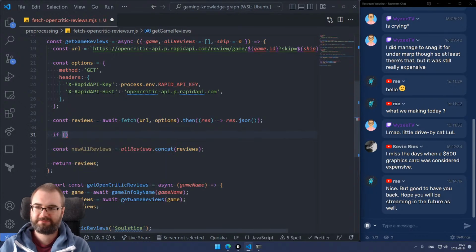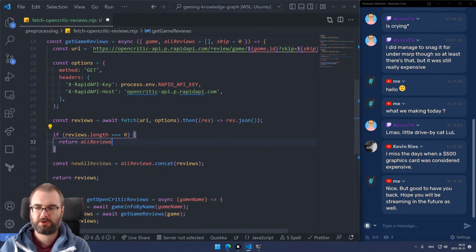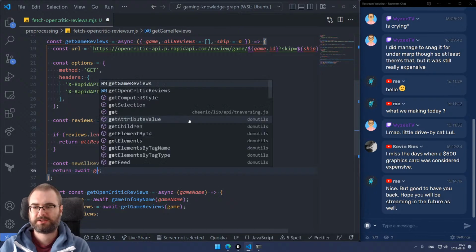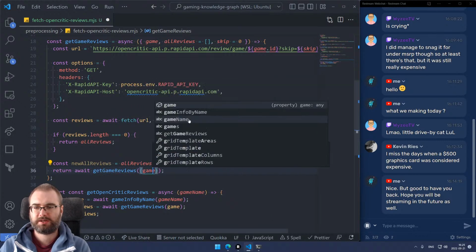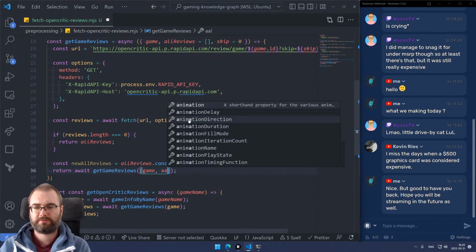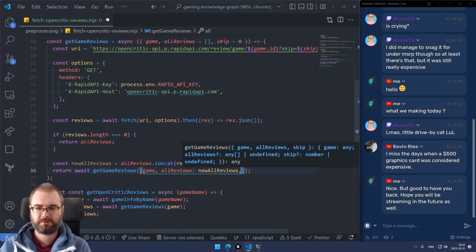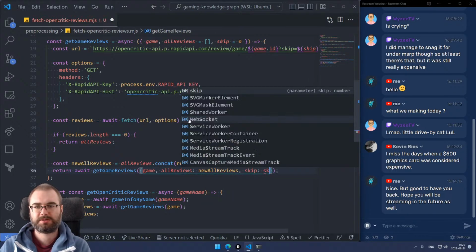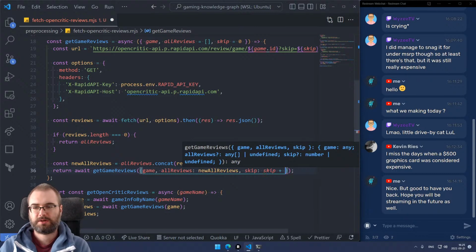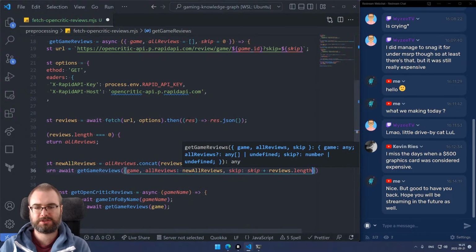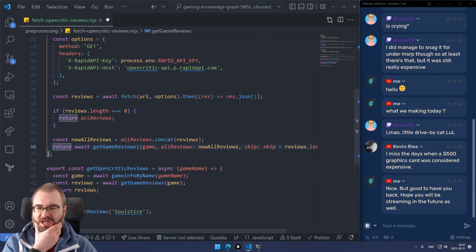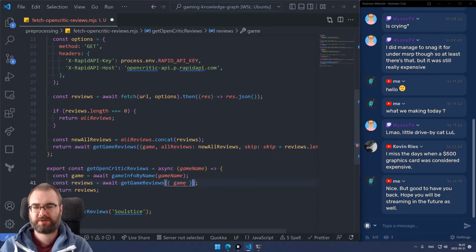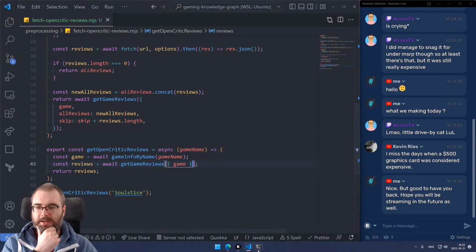But we need to, okay, so if reviews length, I guess if it's 0, right? Like if it returns nothing, then we can just return all reviews. Otherwise, we concat and do await get game reviews, and then all reviews is gonna be new all reviews, and then skip is gonna be skip plus reviews length, is what we want to skip, right? So I think that should make sense. And then we have to pass it like that. And theoretically,